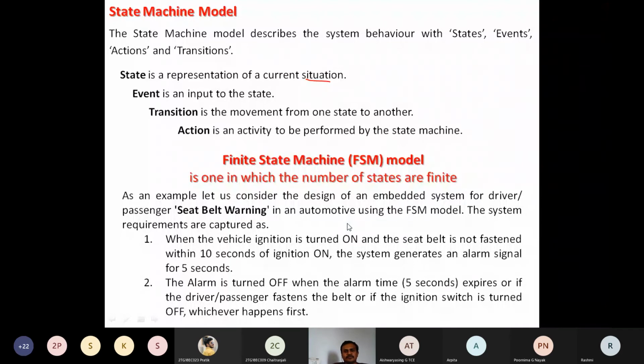The transportation rule in society is that the user in the car must use the seat belt. It will be tied, it will be locked. So what happens if it is unlocked? The passenger is not using the seat belt. Then obviously the warning system will be introduced automatically. It is going to wait for a small amount of time, a small duration, then it is going to warn through an alarm.